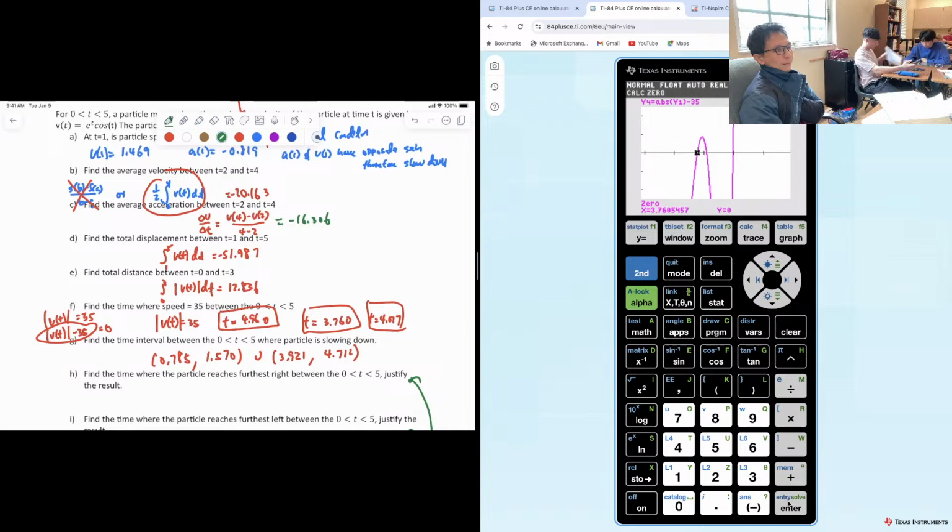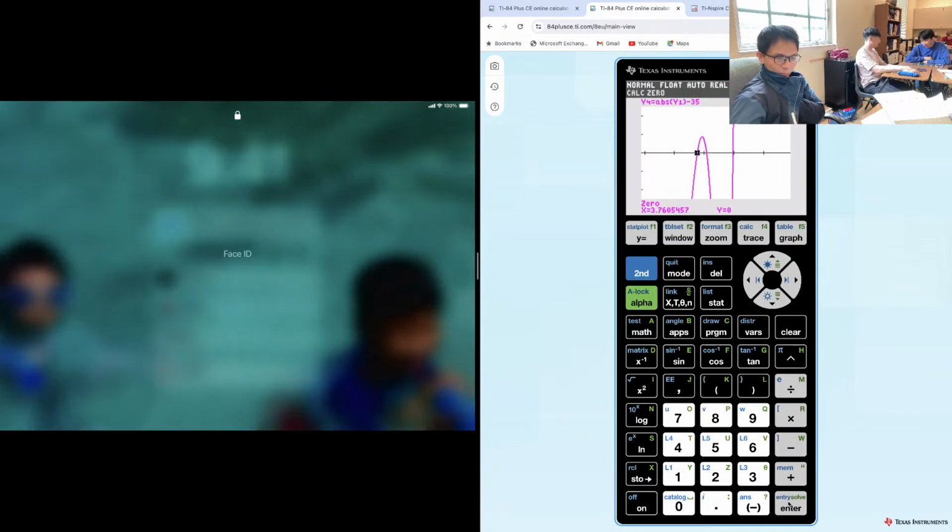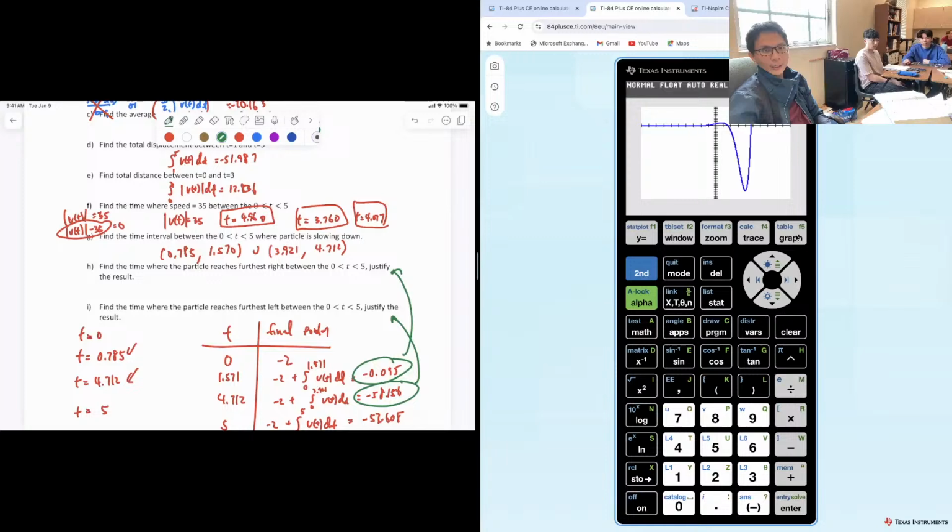Wait, I had a question. I did G, but when my friend was explaining it to me, it kind of didn't make any sense. Find the interval where the particle's slowing down. So I know you graphed with your velocity and your position graph, and when your velocity is negative and your position is still positive. Any questions so far? You just find the zeros in 2 graphs. Yes. And once you graph it, I want from this minimum